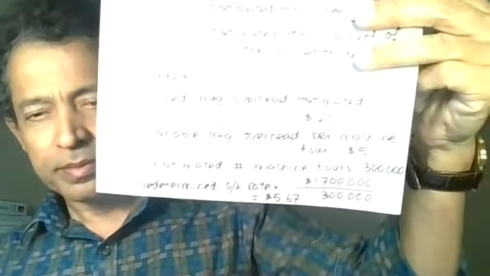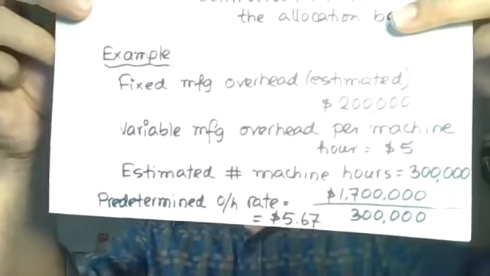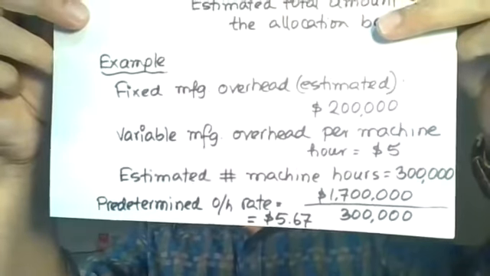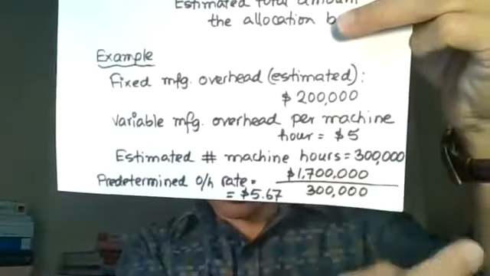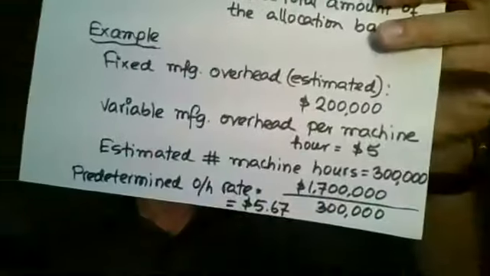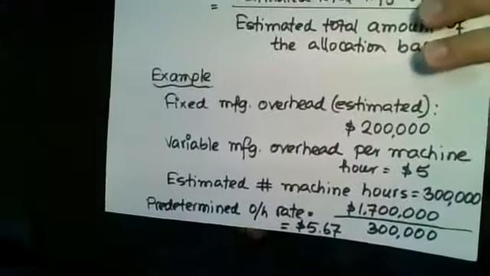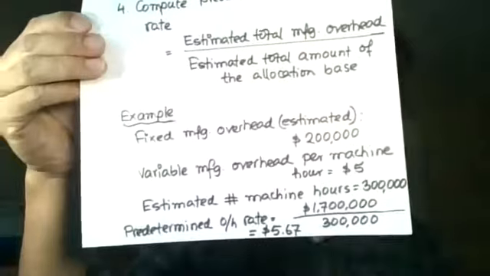So that gives us total estimated manufacturing cost of $1.7 million. You can see that's $500,000, and here is $100,000, 2 times 500. So the total is $1.7 million, and if you divide it by the number of hours, which is 300, you'd get $5.67 per hour. So that's how you estimate the hourly rate,